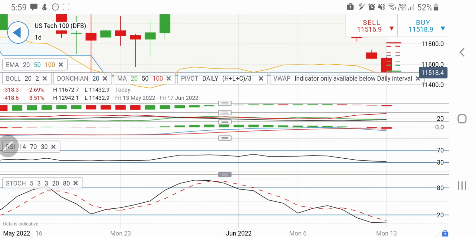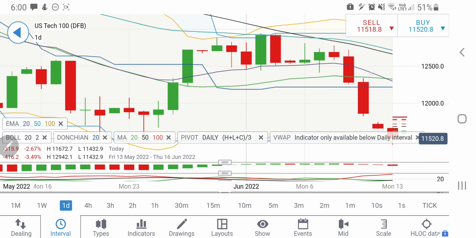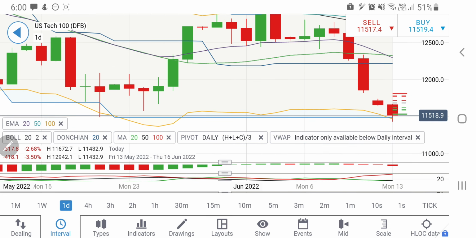Stock RSI is trading near the bottom. The stochastic is now extremely oversold. Possibly we can see a little rise, but whether a complete reversal above 11,600 will happen or not, that we need to watch out for. Considering this, I will recommend you to go short only if you see it trading below 11,400 now. Right now it is at 11,520 levels.